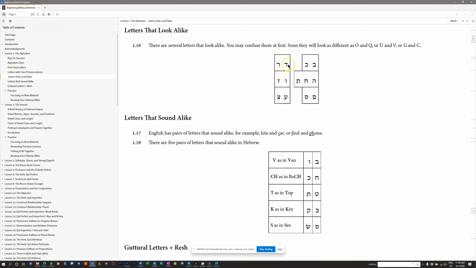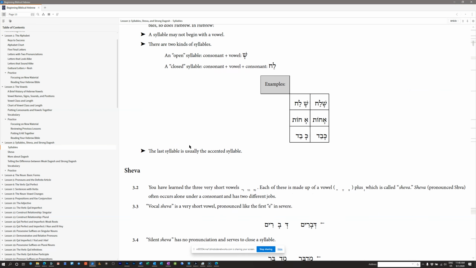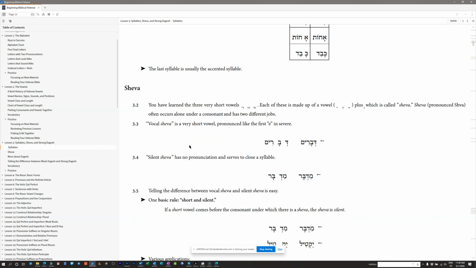All right, again, the resh and the dalet, the difference here is going to be a curve versus a notch. The difference between the kaf and the beit is the bottom is curved rather than notched on the kaf. Right? So hopefully that makes sense to you. Let's finish up by going through this week's. Let me just go through here and point out anything important that may get confusing.